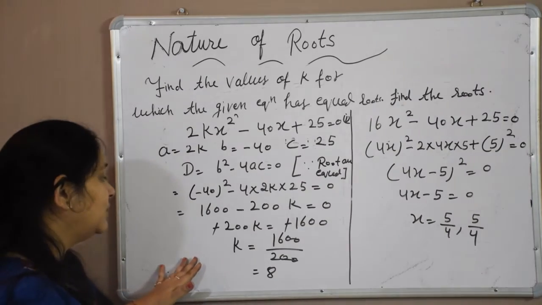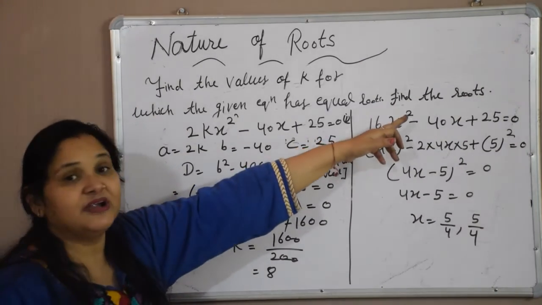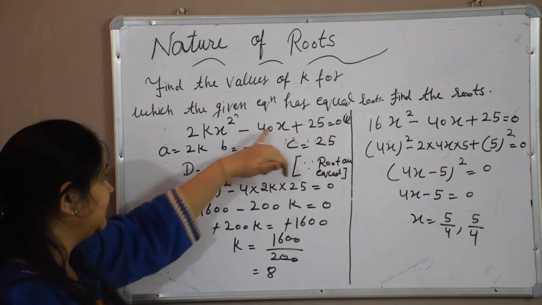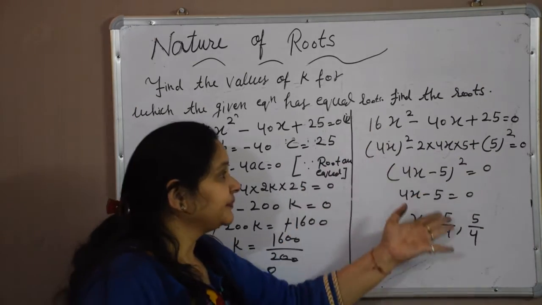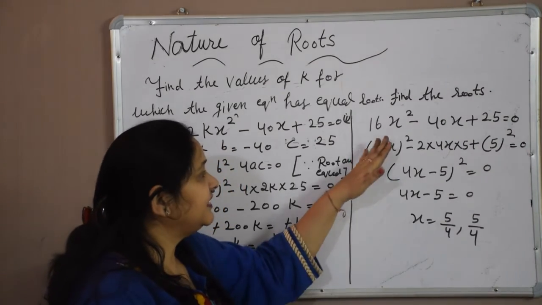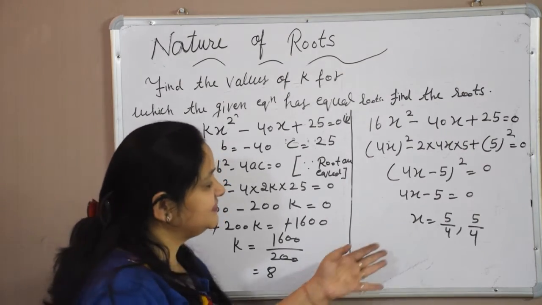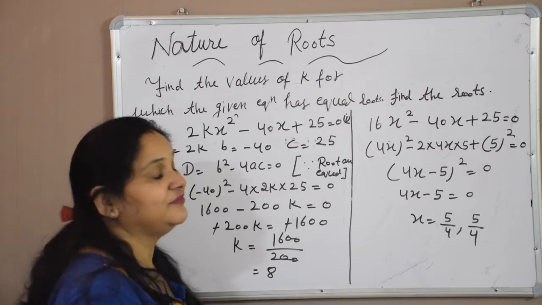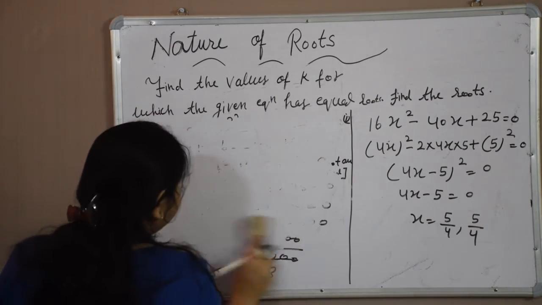Till here we know that we have to find the value of k, but whenever they are asking to find the roots also, you have to use that value of k in the given quadratic equation. In place of k you will use that value. There are so many ways I have already told you, but this is the best way here because it is becoming (a minus b) whole square. So easily we found x, there is only one more step that you have to do. Now we will take one more category.